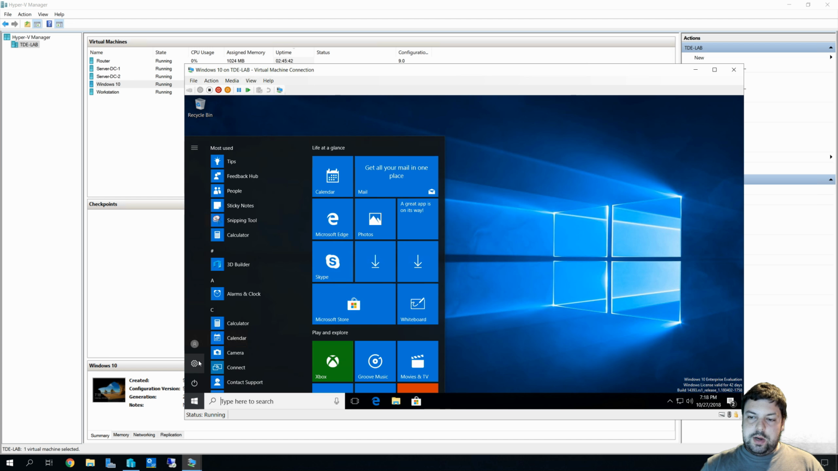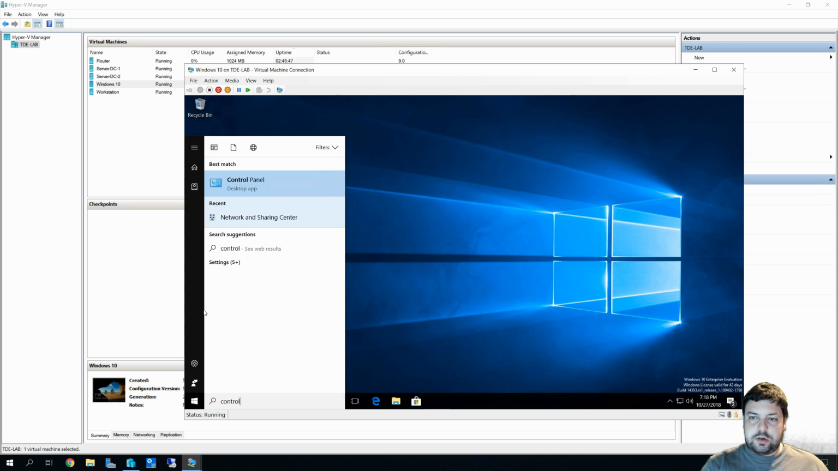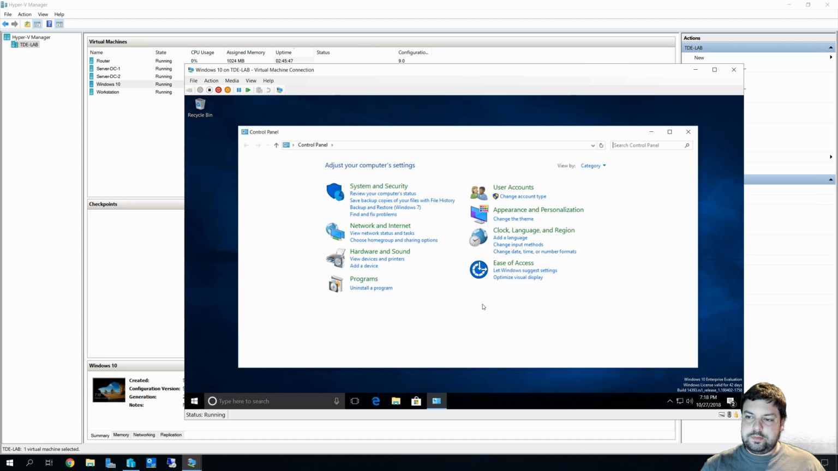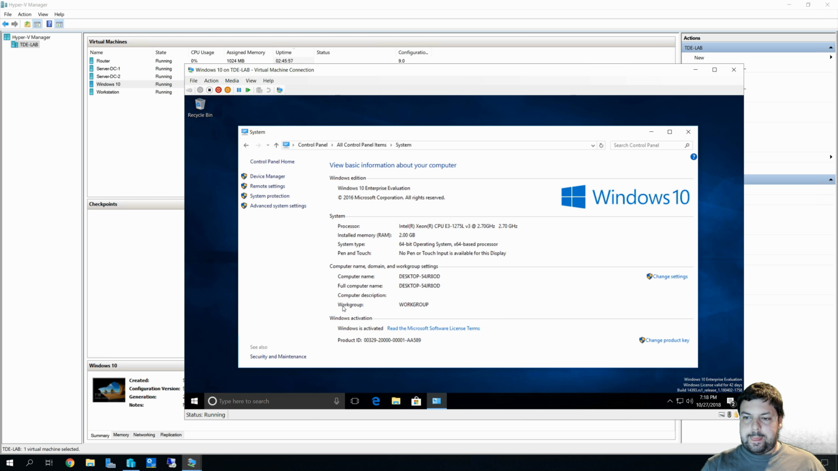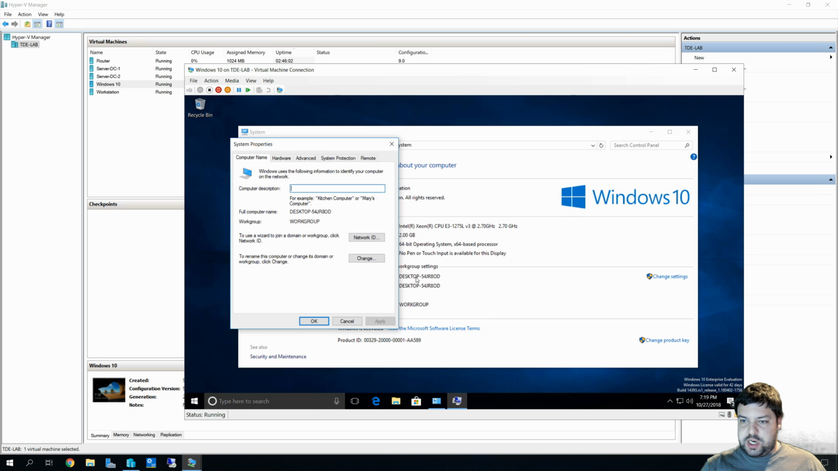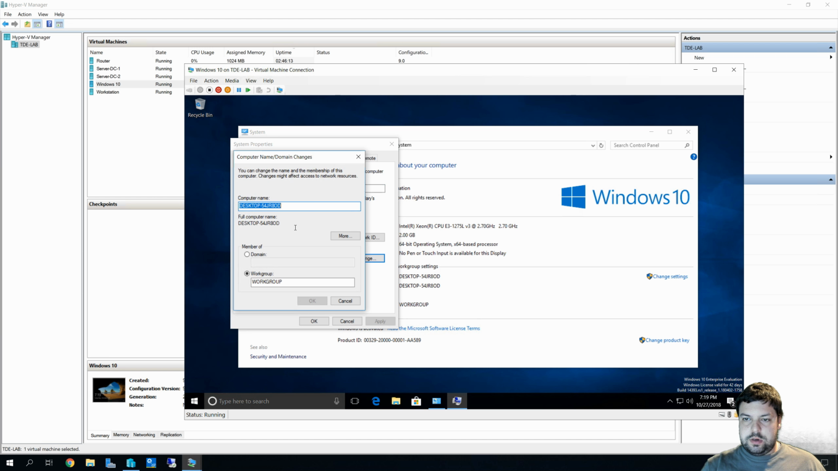So we will go to, I just want to go to Control Panel. I mean, we created it, so we have to make sure that it works at least a little bit, right? And we'll go to System here. And our current workgroup is WORKGROUP. It always is. And we'll hit Change. And then to rename this computer or change its domain or workgroup, click Change. And we're going to say that it is now going to be a member of a domain. And we'll call this